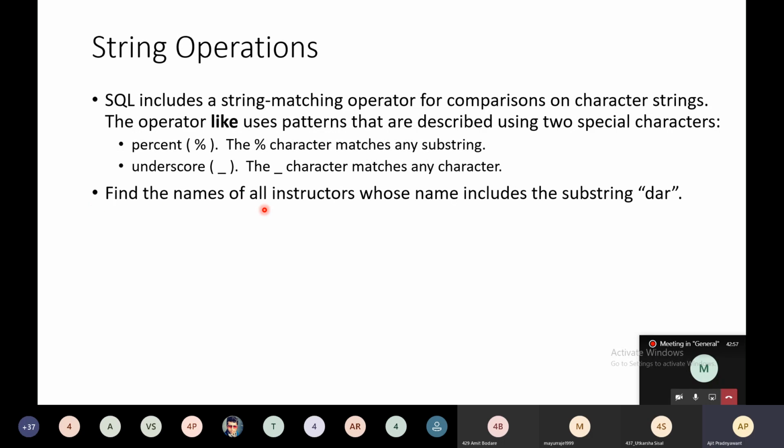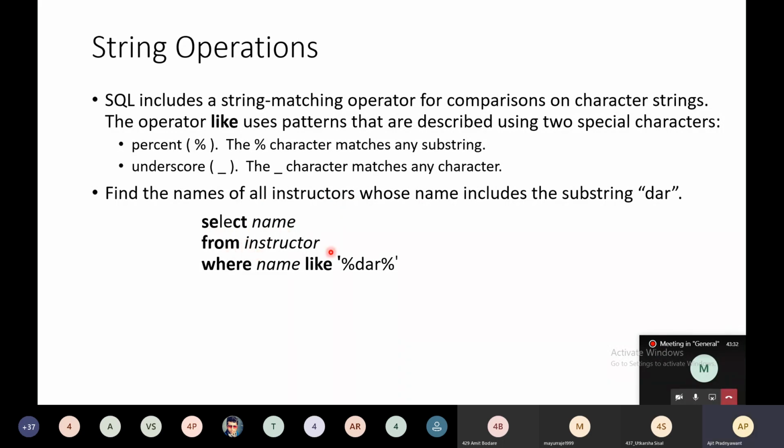So we are following this query now. Find the name of all the instructors whose name includes the substring DAR. So how to write this query? Simply, this is the way to write the query. Select name. What do we require? It is mentioned over here: find the name of all instructors. So I have written here select name